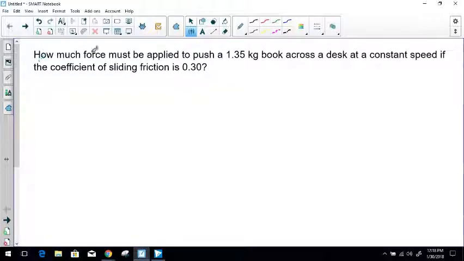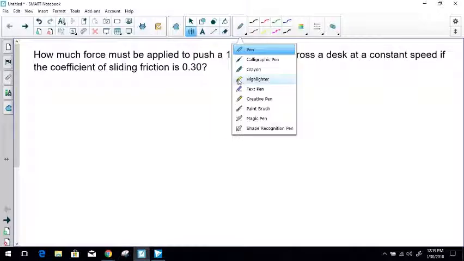In this video, we're going to be working some Newton's second law problems that involve the friction piece as well. So as I read this problem, how much force must be applied to push a 1.35 kilogram book across a desk at a constant speed if the coefficient of sliding friction is 0.30? Lots of information in this little sentence. So if I look at this,